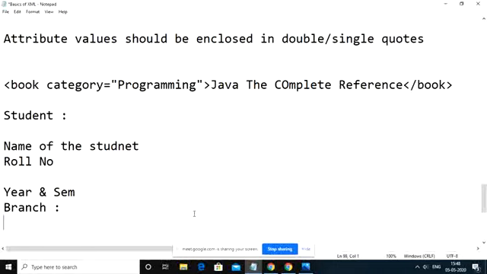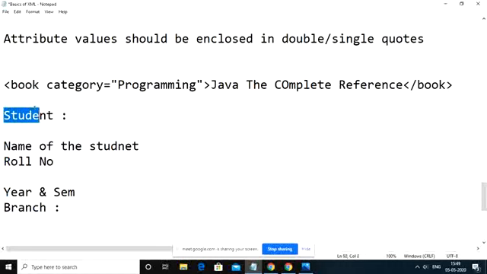Why do we always prefer XML format when transmitting data? It can be understood both by machines and by human beings. It is the language which can be understood by both human beings and machines. That is the reason in the majority of cases we prefer the data to be stored in XML format. Whatever semi-structured data you have will mostly be in XML language.